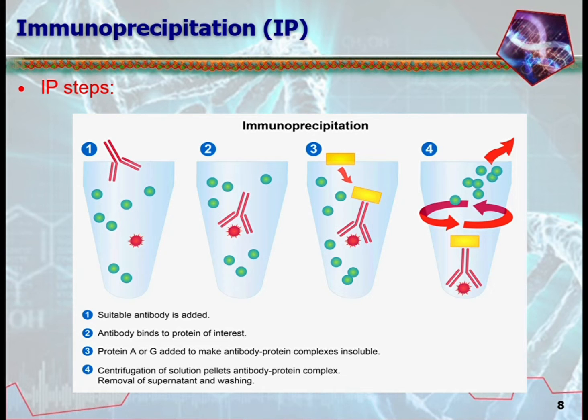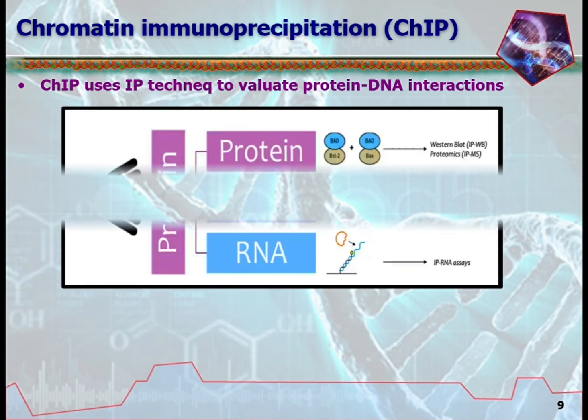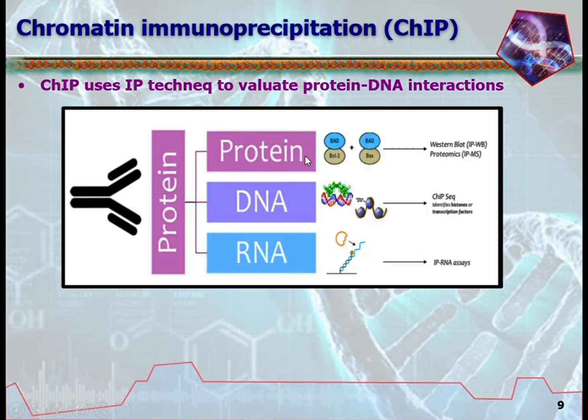We can use magnetic poles, or in this case we used another protein that makes the complex heavy and insoluble. So this complex will sink to the bottom and then we wash all of the other stuff out of our solution. One thing that matters is that proteins can be bound to other molecules, such as another protein, DNA or